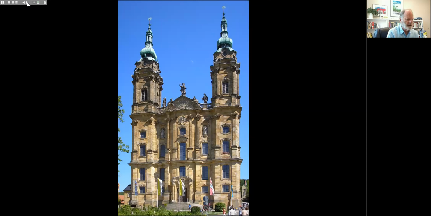One other architectural work I want to talk about on a larger scale. This takes us outside of France. We're looking on the screen here at the church of the 14 Heiligen, and that term means 14 saints. This is located in the countryside, but near the city of Staffelstein in Franconia, central Germany. And the church here is the work of Balthasar Neumann, the most important German architect of the 18th century.